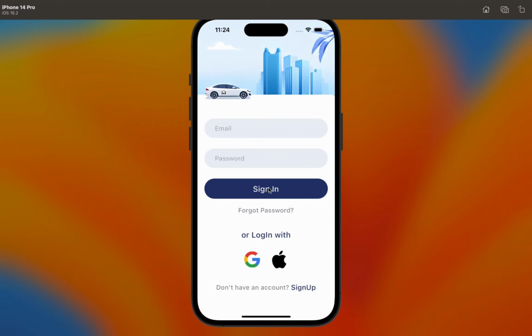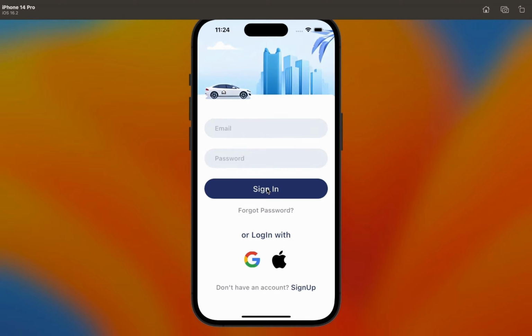Now let's move to the Google authentication. Now in the Google authentication, I have seen many videos on YouTube, but most of the videos don't teach the viewers how to get the user data from the Google authentication and upload it to the Firestore database. So I have brought a new idea to you to upload the user data to the Firestore database by using